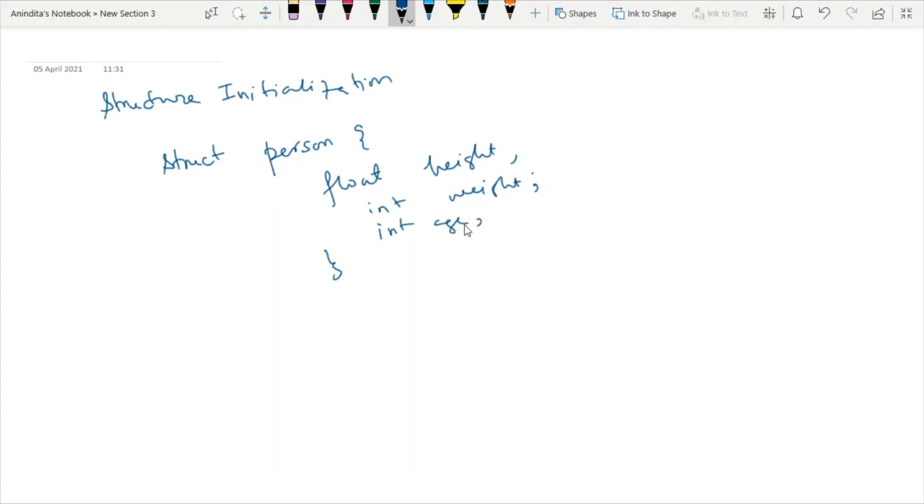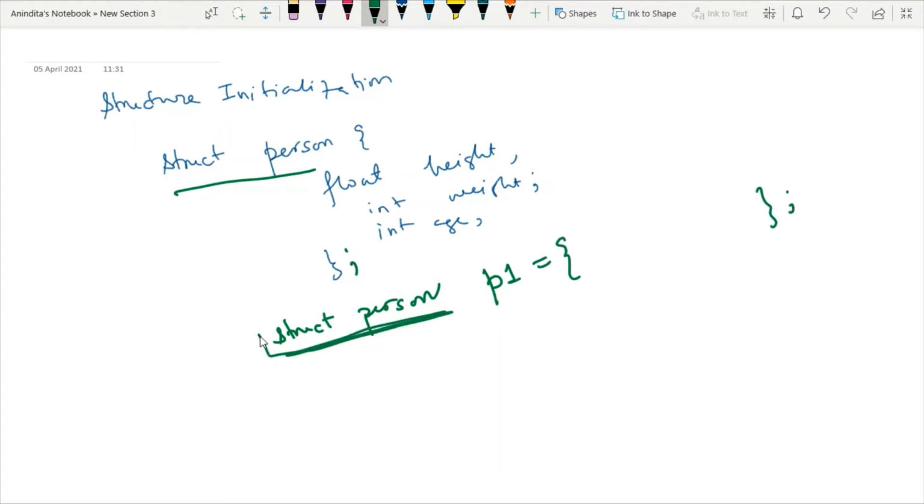Now my point is how to initialize them. So you can use static initialization. After ending the structure, you can write struct person, that is the structure data type, and then define one variable. Say this is person 1, you want to take the detailed entry for the person 1, and you can write within curly braces.